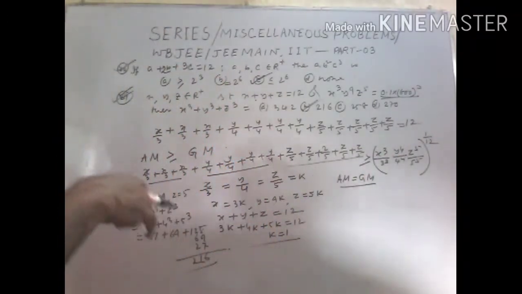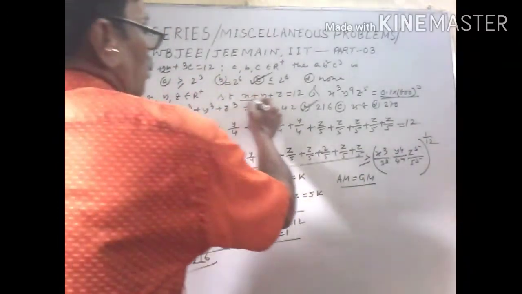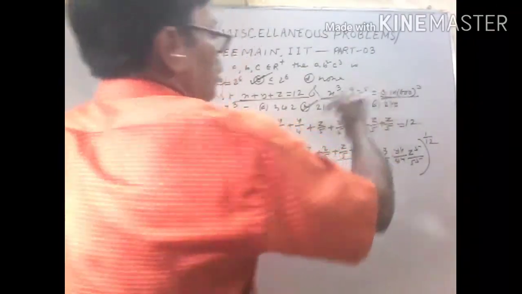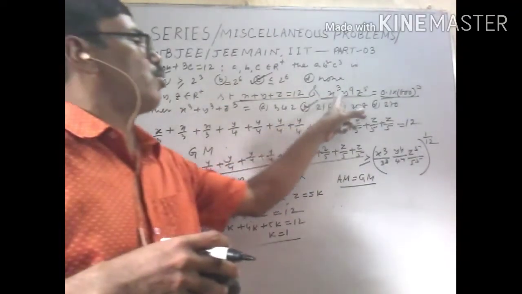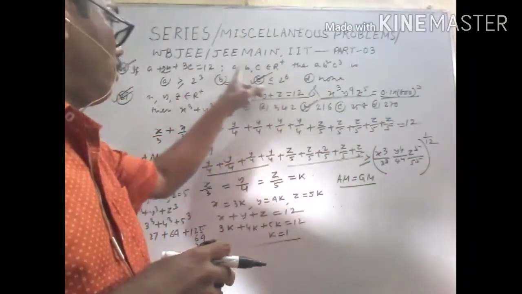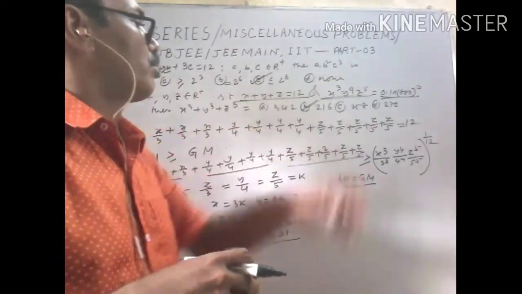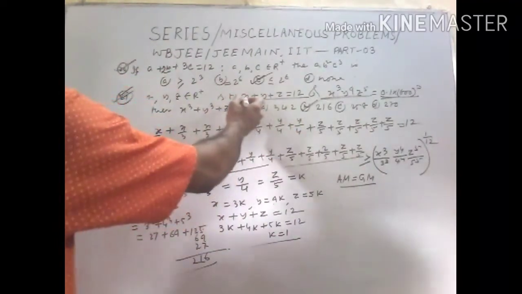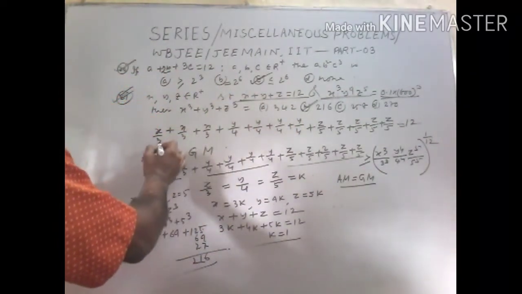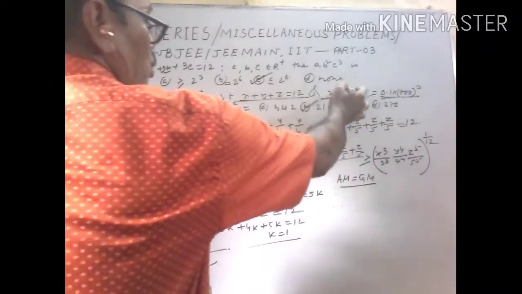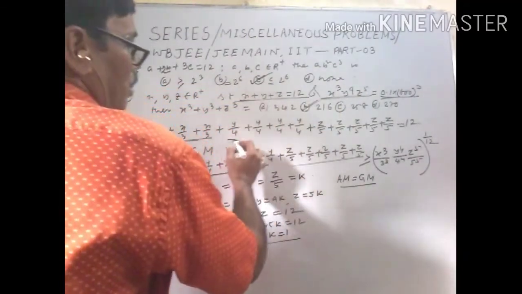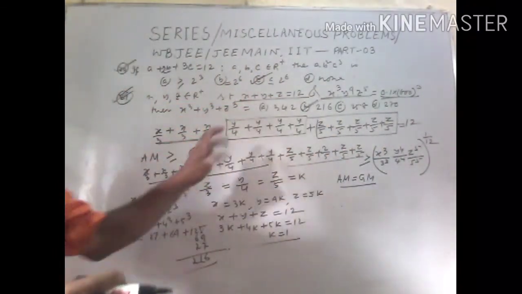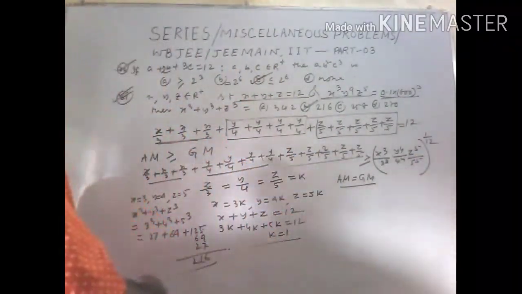You listen again. It is given that x plus y plus z equals 12. Now it is given in this form: x cubed, y to the power 4, z to the power 5, like the previous problem, a b square c cube. Now look, to get x cube, we write x by 3, x by 3, x by 3. Y, this at y by 4, 4 times. Z by 5, 5 times. So meaning remaining same.